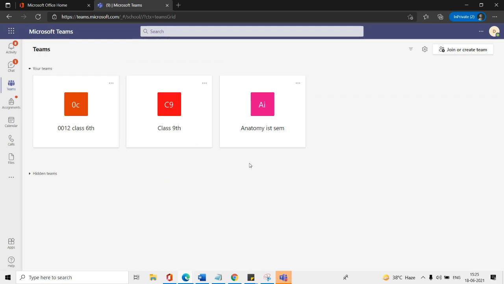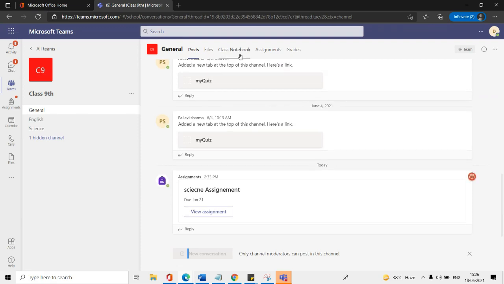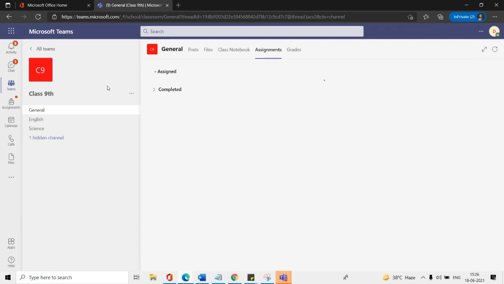Ma'am, one thing: can any child see others' work, other assignments? One child can see their own assignment, or can they also see others' assignments? Ma'am, in one window they can find all the assignments. They can just go to the assignment tab, right? In each class, let's suppose you share 3-4 assignments. They can find these in the assigned state. Multiple assignments they can see in the assigned state, right? Accordingly, one by one, they can go and submit their work.